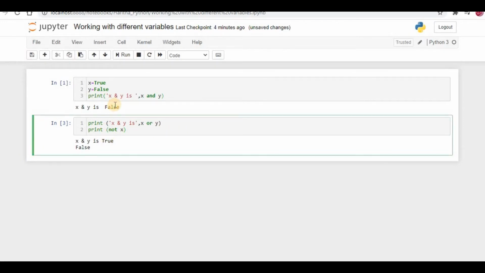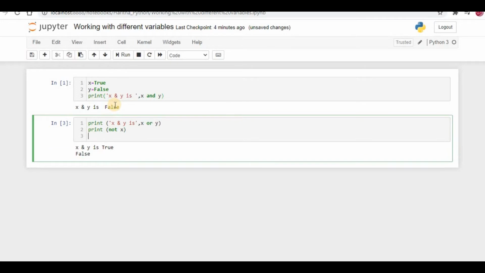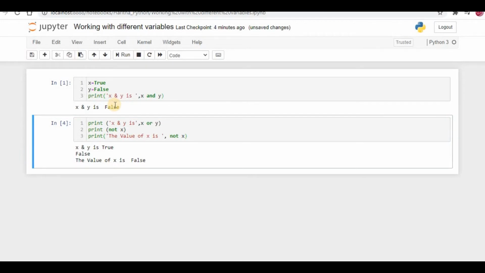If you want to write it in another way, I will just show you. I just want to write print, in double quotes I am writing the value of x is, now I am writing not x. So automatically it will come like this. The value of x is false, but actually we gave the value of x as true. Not x means it is going to change the value.